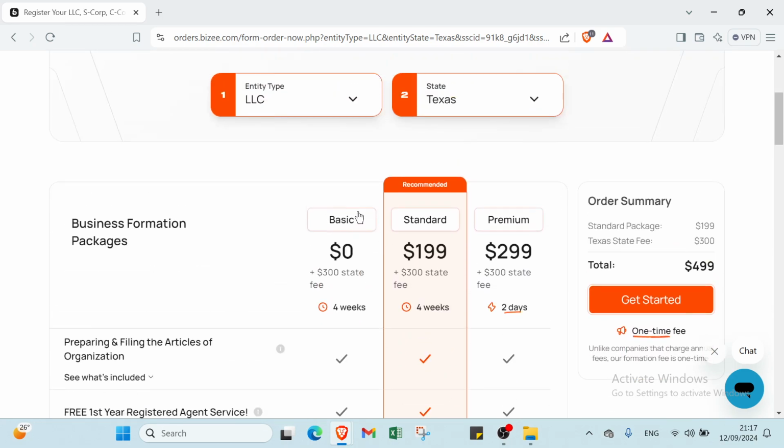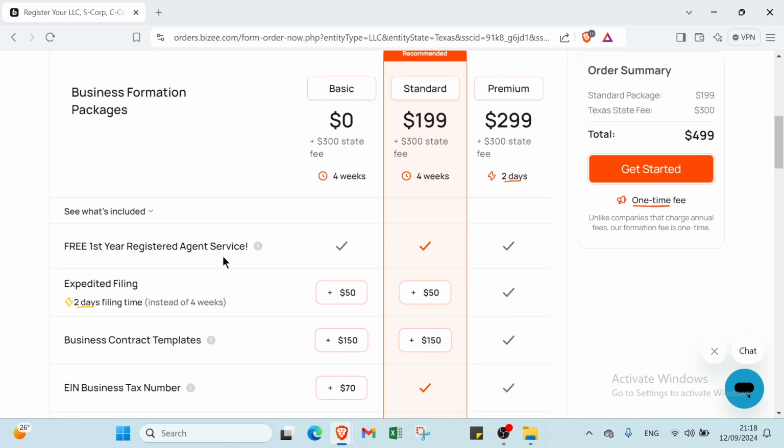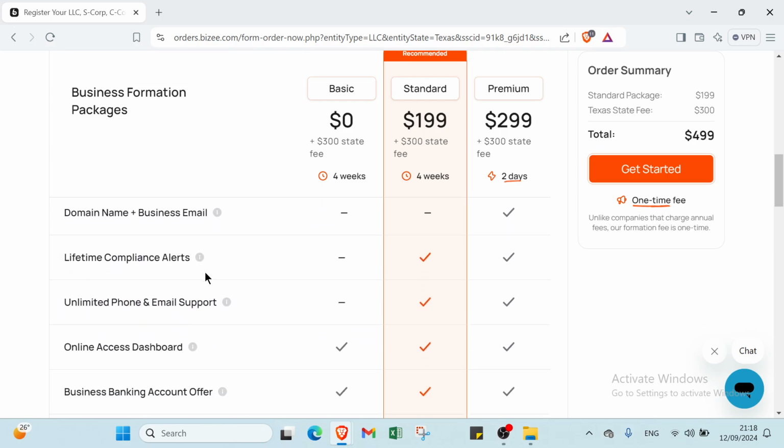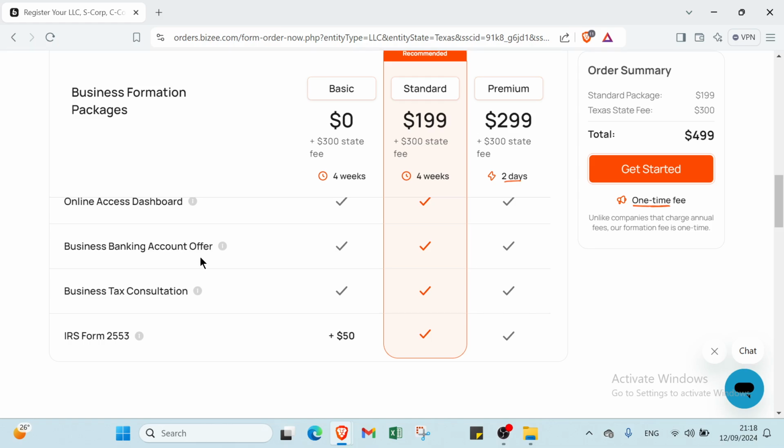Then if we scroll down, we have three packages. As you can see, the first one is the Basic. It's free here, but you have to pay $300 state fee, and it takes 4 weeks. We have various things: first, we have prepared and filed articles of organization, and we have free first-year registered agent service, and then we have online dashboard access,